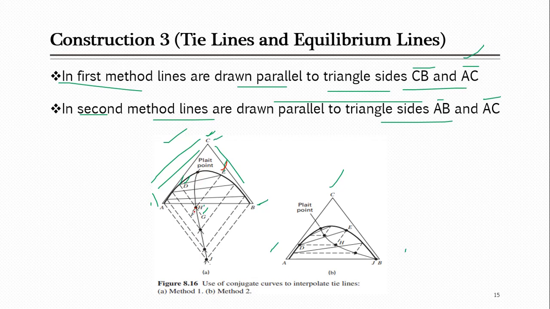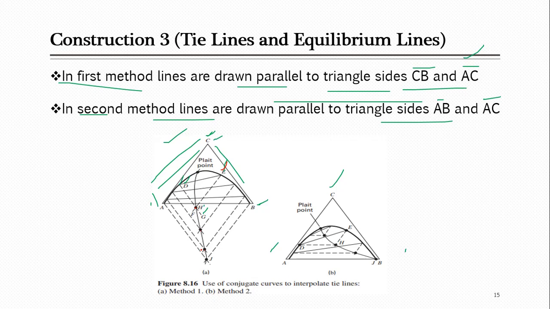Just ignore this line at the moment. Similarly, you will go to the next tie line and draw the line along CB as well as along AC, and they will also intersect at some point. Then the next tie line, and they will intersect at some point, and finally overall you can see that there are now various points you will have located.